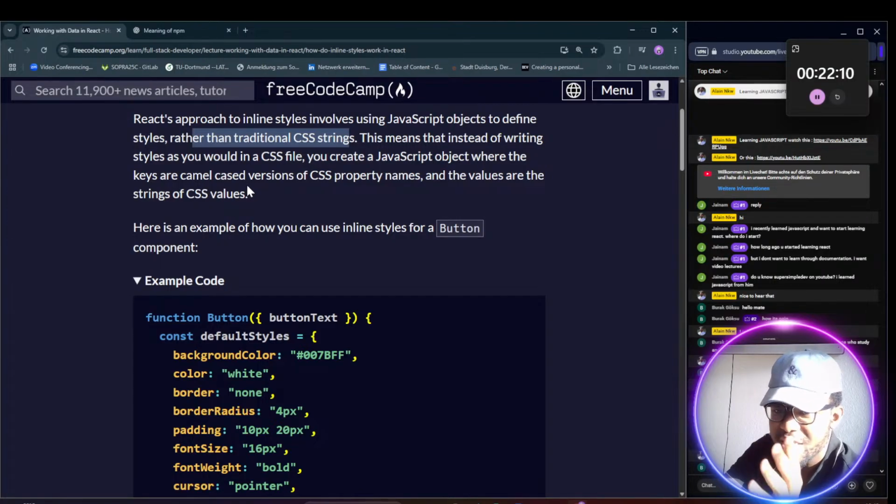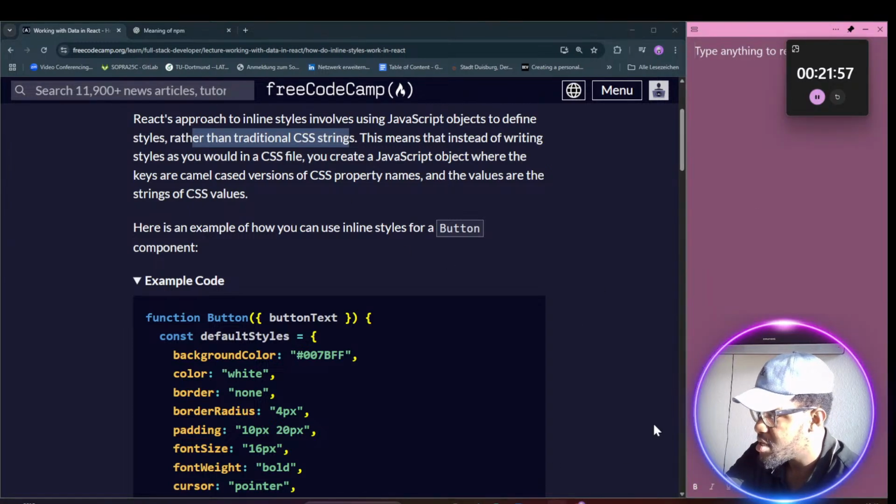Sorry, sometimes I really get confused. Is it either a key or an attribute? But I think it's key. So where the key is in camel case, what does it mean? Camel case means that the first letter of, let's say for example, we talk about